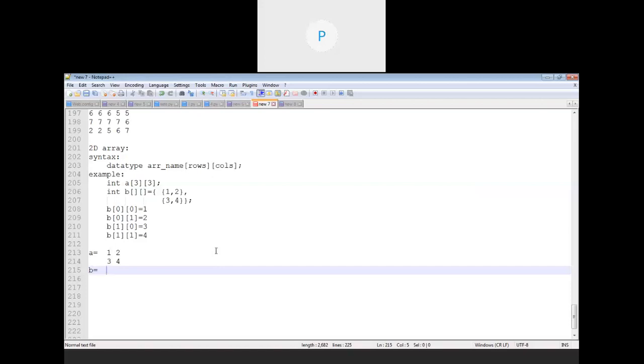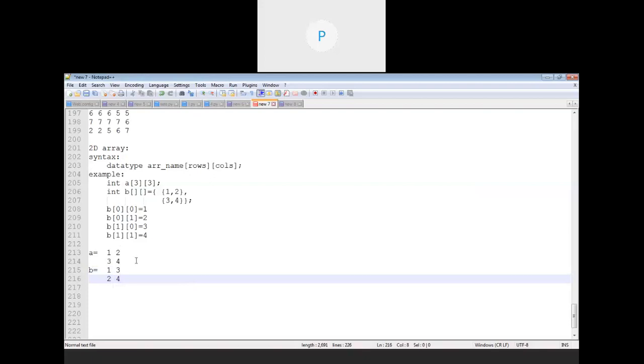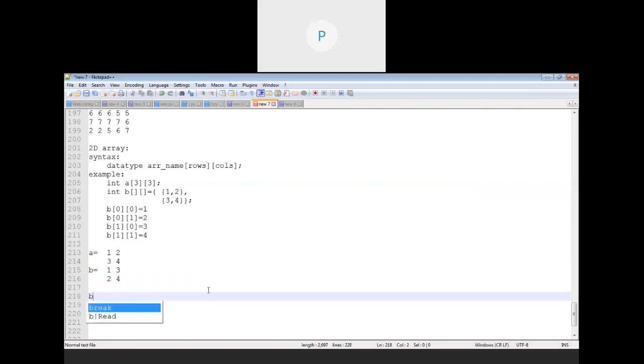So accordingly, here it will be changed as 1 space 3 and 2 space 4. Means the rows and columns are interchanged. If I wanted to create a formula, let's represent them through index.